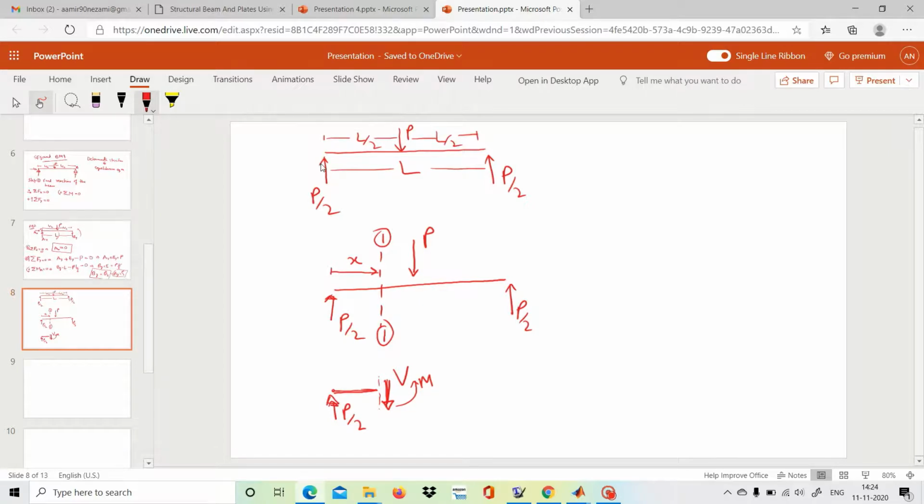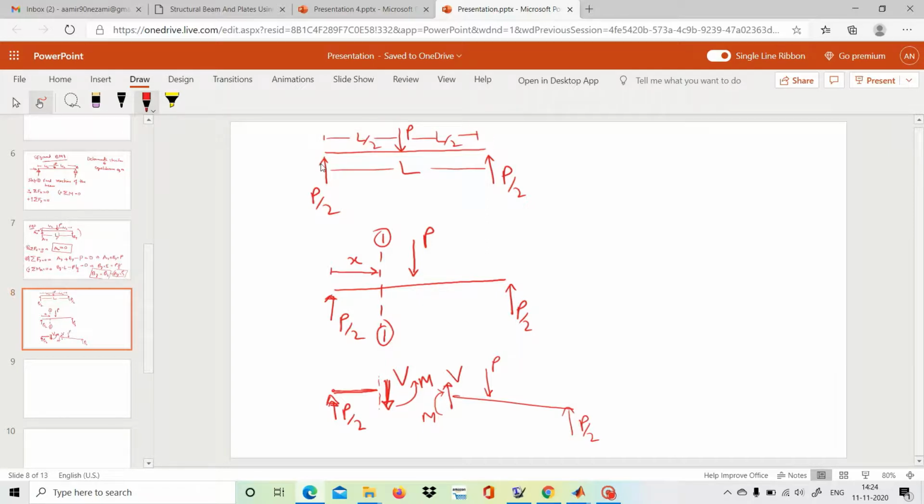Similarly, on the right side also a shear force would develop in the opposite direction so that the sum would be 0, and it is anti-clockwise moments, therefore our moment would also develop in the clockwise direction, and here it would be P and P by 2. So from the left side of the section or the right-hand side of the section, if you calculate from this side or this side, at this section if you cut, we will get the same forces and same moments here.